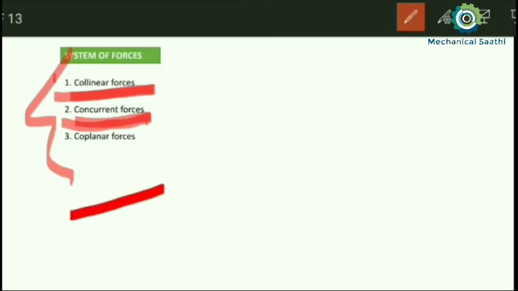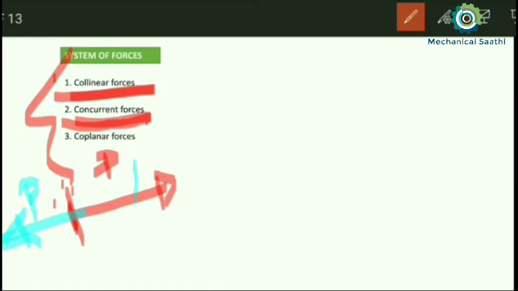So let there be a force like this, with magnitude p. It is coming from a single point. Concurrent means that from that single point only, forces will be going out or in. So I may draw another force like this, which will have a different magnitude. Let this be p1 and that be p2. So we can say this type of forces are known as coplanar and concurrent.